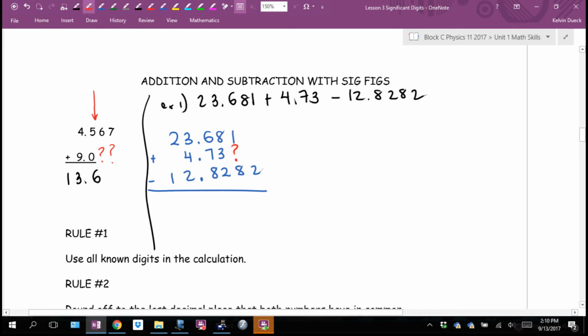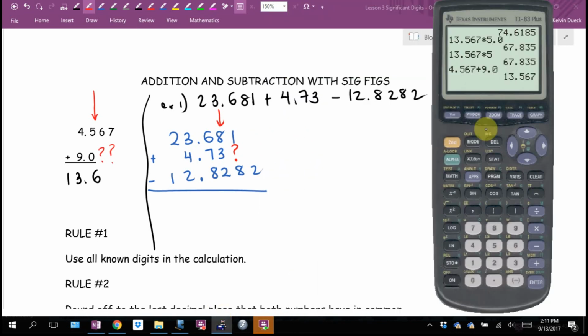Looks like I'm missing something right there, which means the last column that I know every number is that one. I'm going to round off to that decimal place, to 2 decimal places. I don't care about sig figs, Emily. It's going to be to 2 decimal places. Am I going to round off before I start, Cole? So I'm going to go